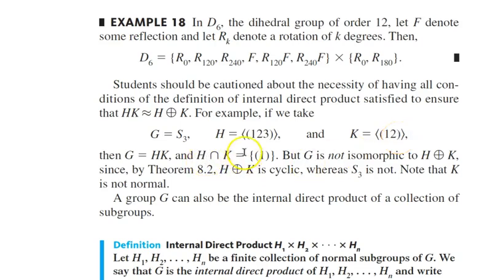And the intersection of H and K is trivial, the identity map, but G is not isomorphic to the external direct product,